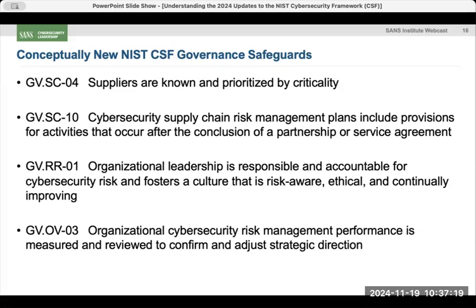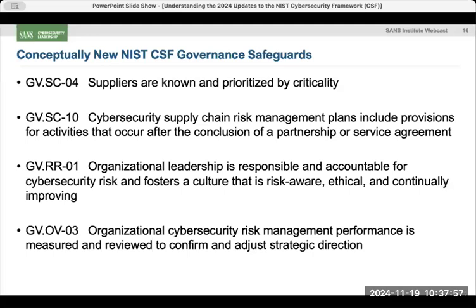Also, you'll see there in supply chain, it says the plans will include provisions for activities that occur at the conclusion of a partnership or service agreement. Again, great call out. This is something that wasn't called out in earlier versions, and it's something that, frankly, we see a lot of organizations not really having plans for. But it was interesting because both the Center for Internet Security's CIS Controls version 8 and the NIST CSF, both at about the same time, released this statement. They both added this to their list, which I thought was kind of interesting. And you can see how these different groups play off each other. You'll definitely see a lot of interaction if you're looking at cybersecurity standards today.